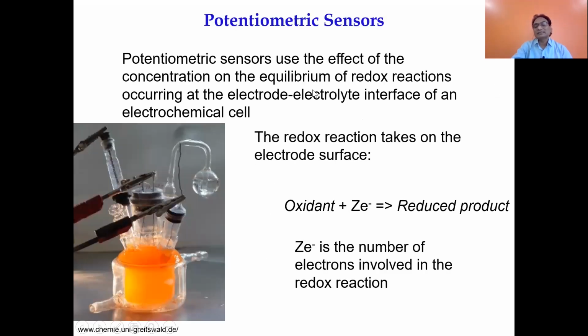Let us see the potentiometric sensor to begin with. Now, what is a potentiometric sensor? जैसे मैंने बताया, ये है electrochemical cell का example. This is a very sophisticated cell, आपको इतना sophisticated होना जरूरी नहीं है. आपने हमारी लैब में देखा होगा कि there is one beaker and on the beaker there are 3 different electrodes: counter electrode, working electrode and reference electrode. You need those 3 electrodes for material deposition. But for sensing, as I mentioned earlier, you need only 2 electrodes. You don't need 3 electrodes.